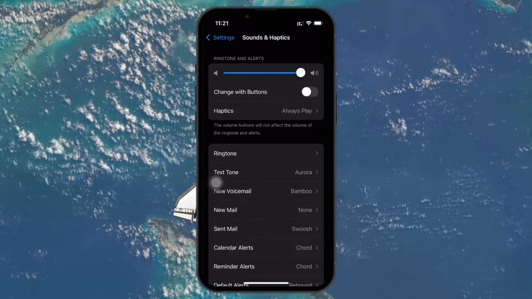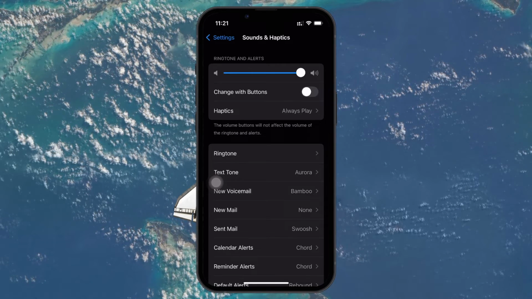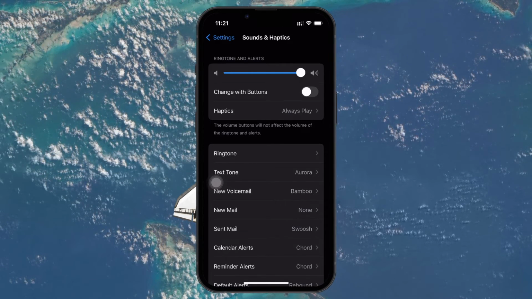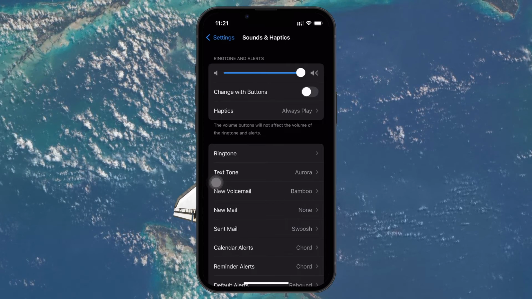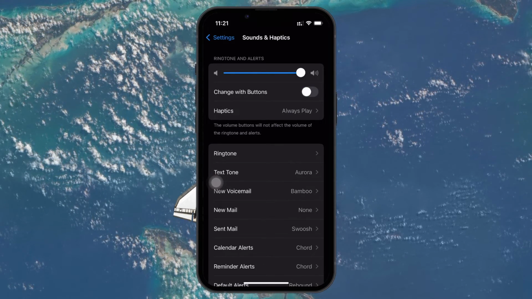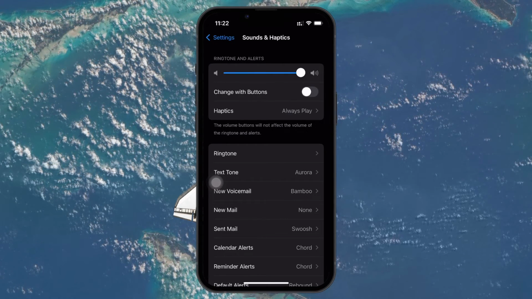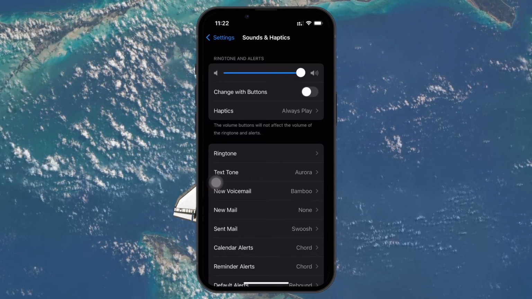By default, this volume may also be tied to the physical volume buttons on your iPhone. If you don't want the volume buttons to affect the keyboard click sound, toggle off the Change with Buttons option under the ringer and alert section. Disabling this ensures that your keyboard sound stays consistent, regardless of how you adjust the volume buttons for media or